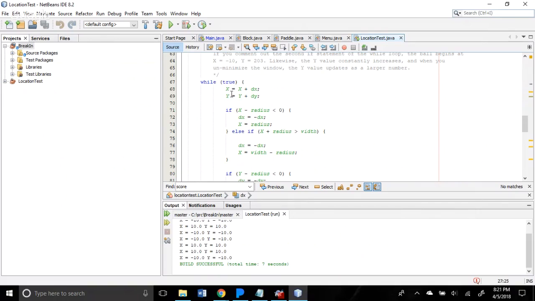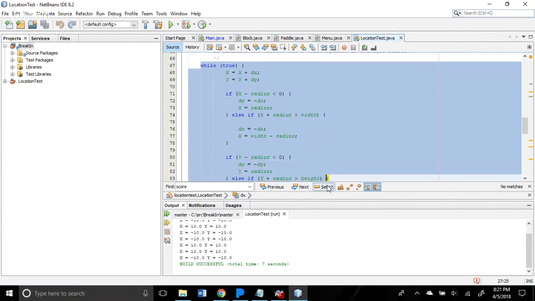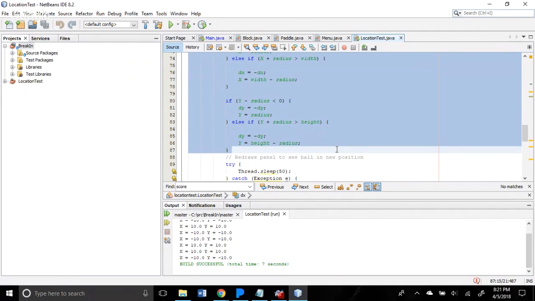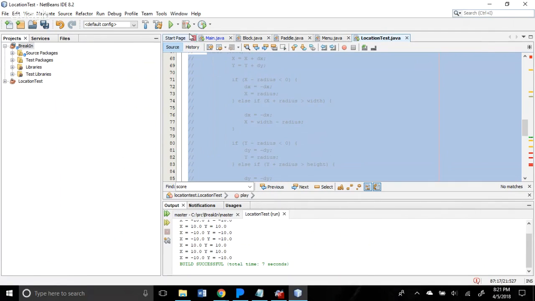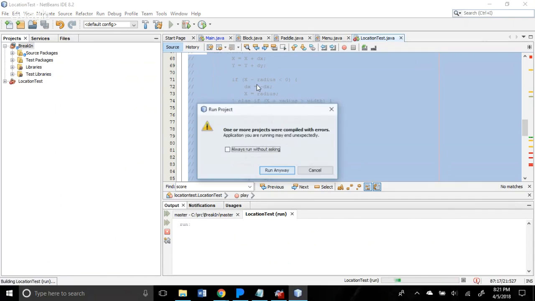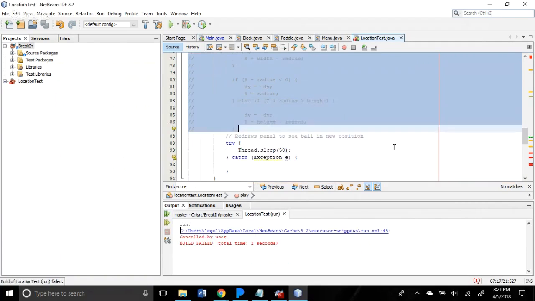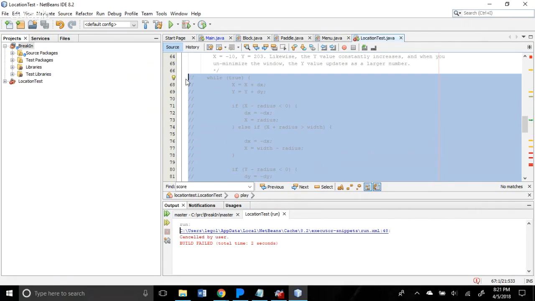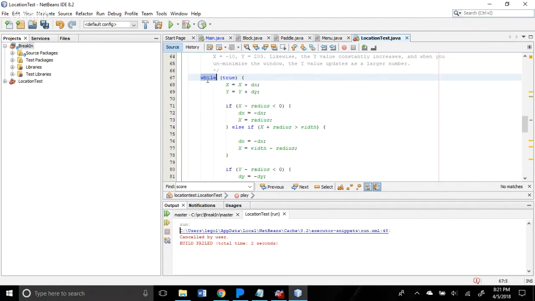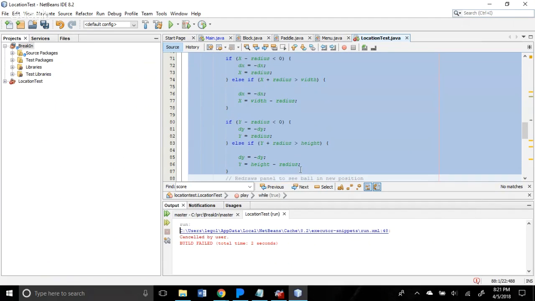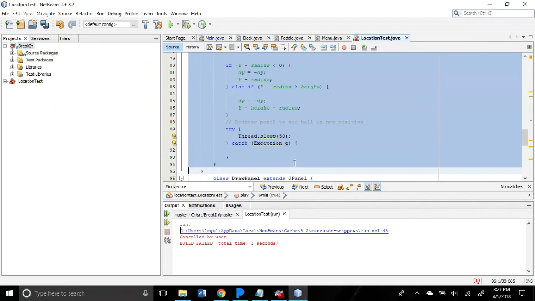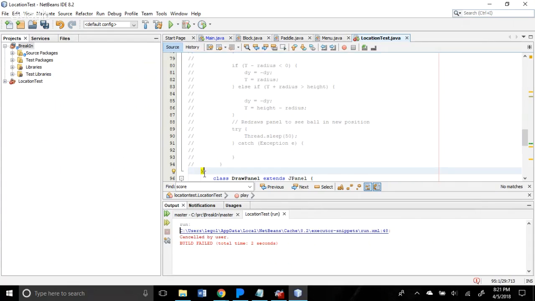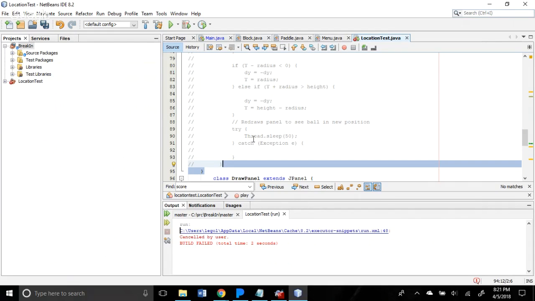It's crazy. If we take this whole while loop, and this is what makes it move, right? Take this whole while loop, comment it out. Watch this. Never mind, it worked last time. Hold on. No, it's because you probably commented out too much. Let me undo that. Okay, I just want the while loop. You've got to keep going down then, I guess. Yes, there you go. That should be it, right? One more up, I think. No, that might be it, actually. So if we run,